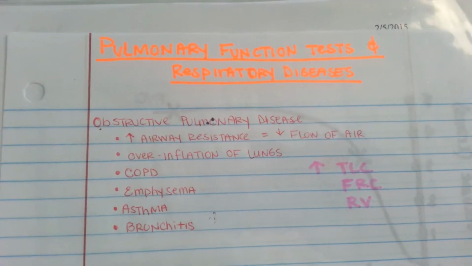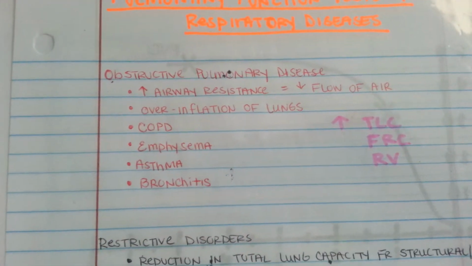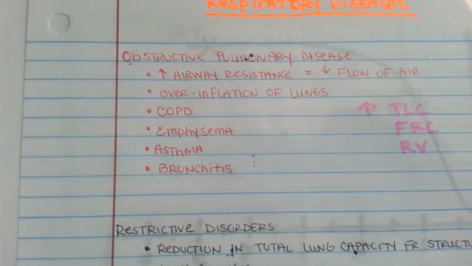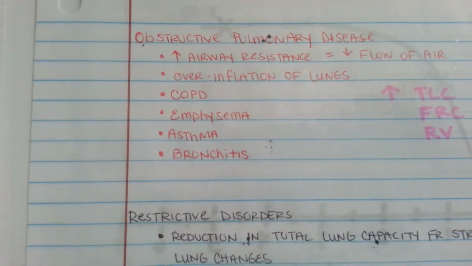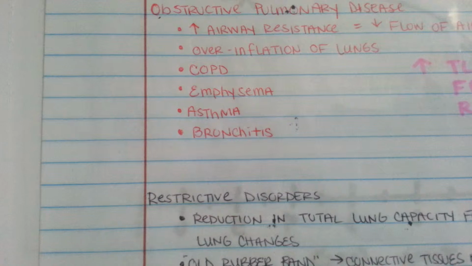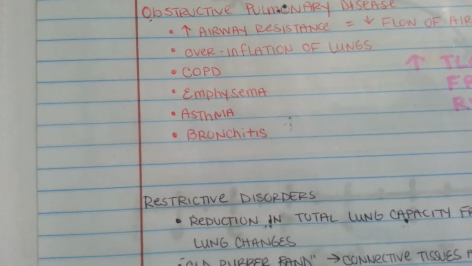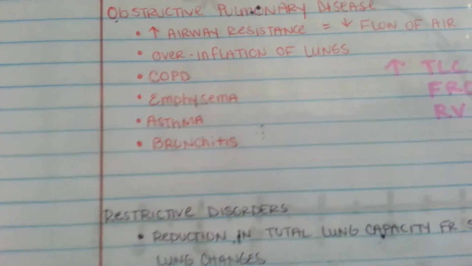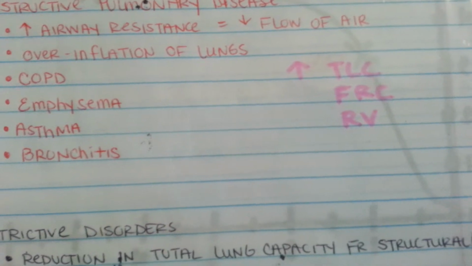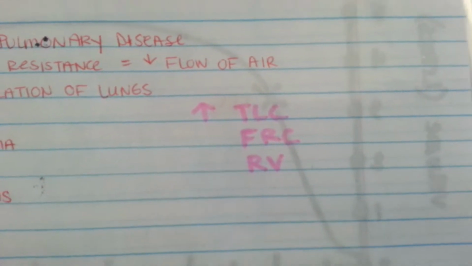Okay, so for the second part, I have the pulmonary function tests and respiratory diseases. We have obstructive pulmonary disease. Now that increases airway resistance, which decreases airflow. And overinflation of the lungs happens with obstructive pulmonary disease. Some examples are COPD, emphysema, asthma, and bronchitis. Now, if we have an increase in TLC, total lung capacity, and an increase in FRC and RV, right over here,